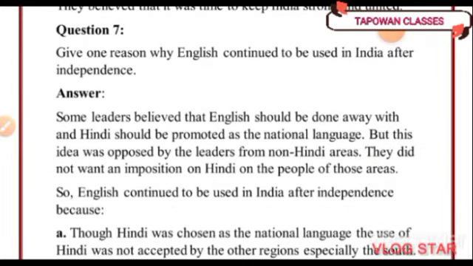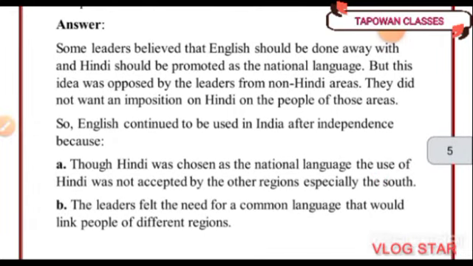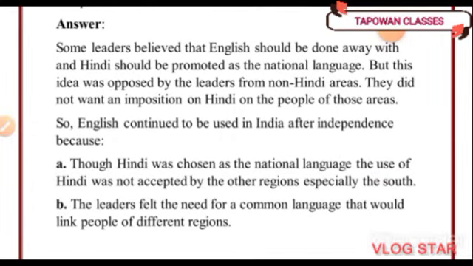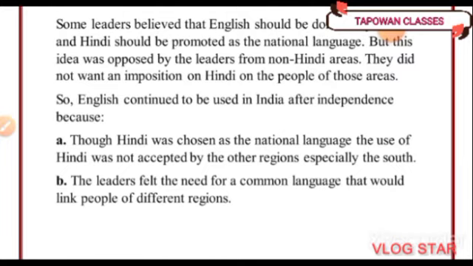Question number 7. Give one reason why English continued to be used in India after independence. Answer: some leaders believed that English should be done away with and Hindi should be promoted as a national language, but this idea was opposed by the leaders from non-Hindi areas. They did not want the imposition of Hindi on the people of those areas. So English continued to be used in India after